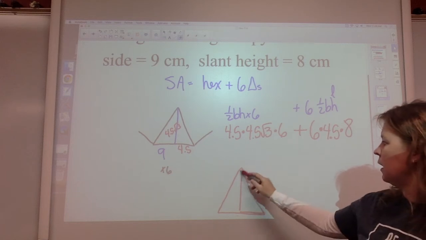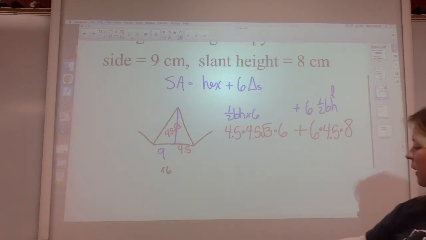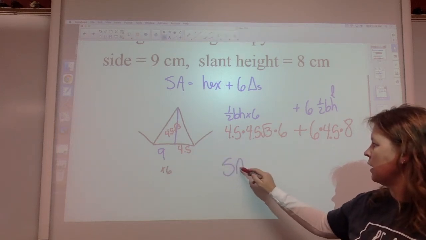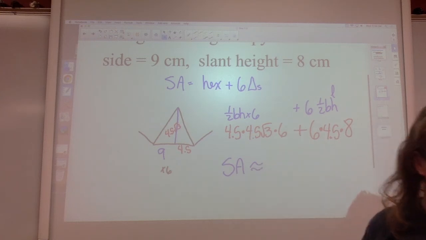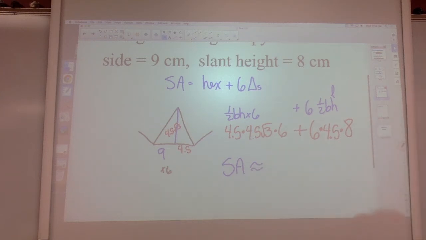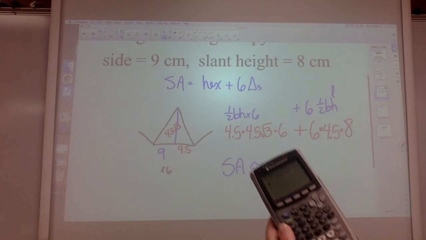I'm not going to make you do this as an exact answer. We're just going to go straight into the approximate. Start typing, not piece by piece. It all goes in at once. 4.5 times 4.5 times square root of 3 times 6. Don't forget your parenthesis if you need it there. Plus 6 times 4.5 times 8 equals